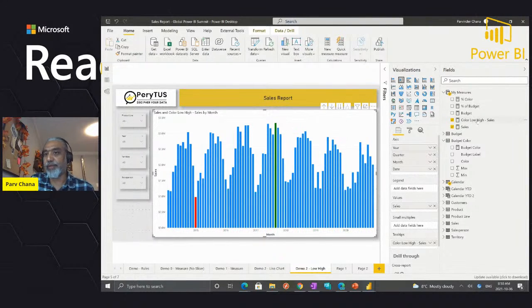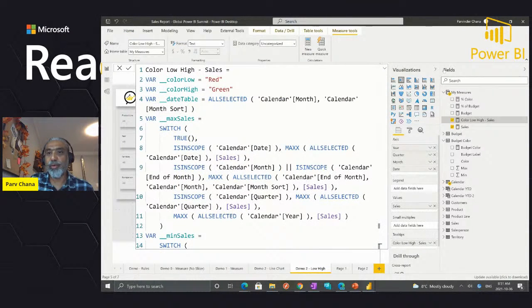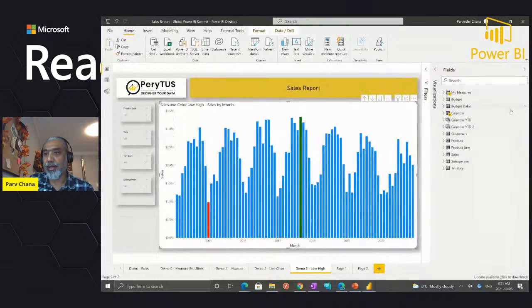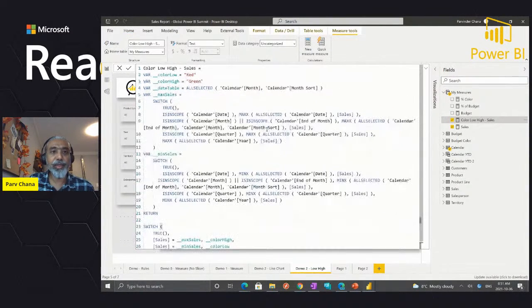The way I achieve this is, again, DAX is our friend. Don't get carried away with the long DAX here. Basically, I'm setting up what my low color and my high color are. Again, this I can store in my metadata somewhere.